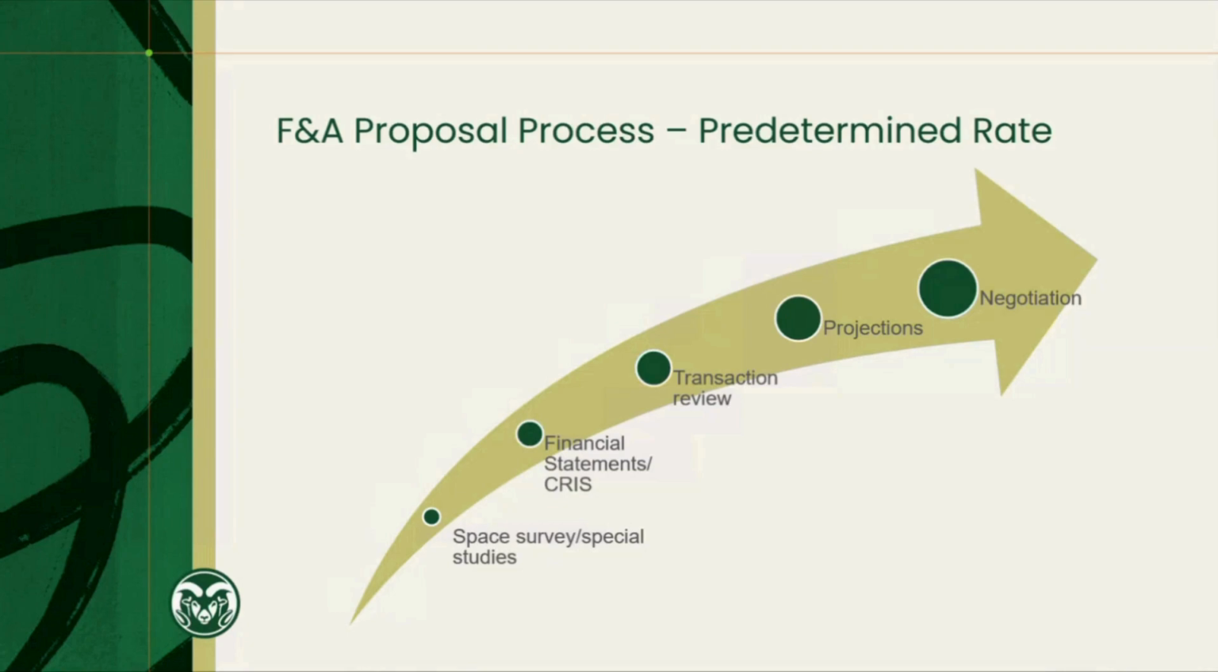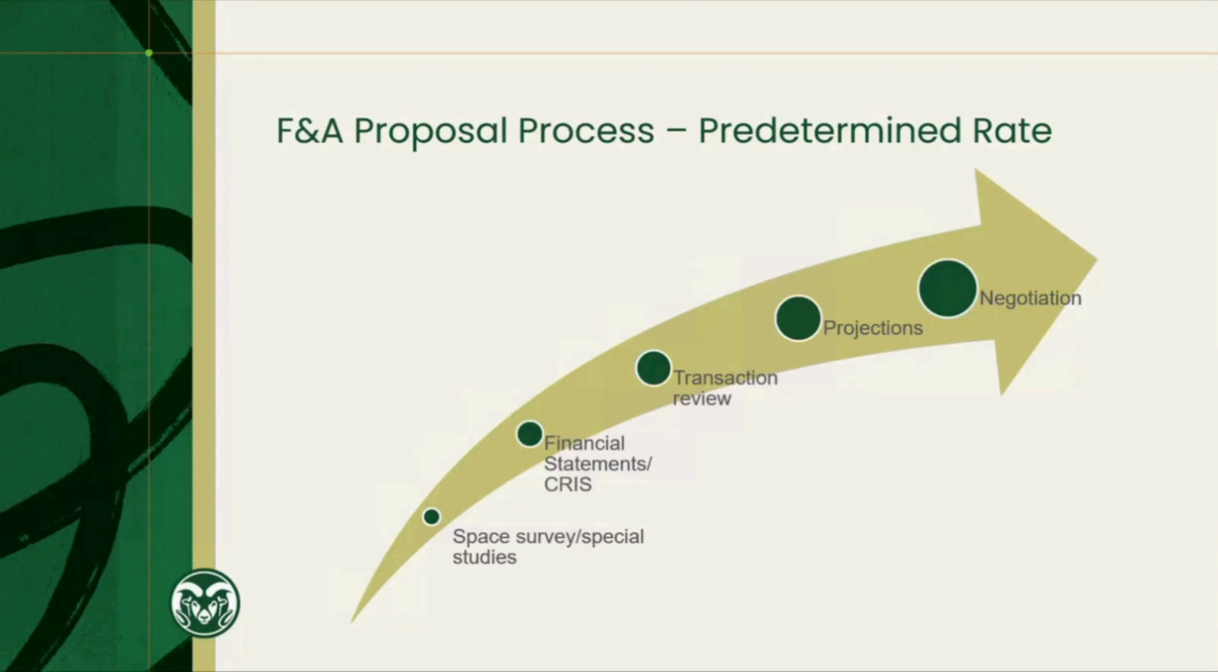And then we'll create some projections about buildings and things that will come online, big projects that will happen during the course of the next rate period. So we'll try to negotiate 3 or 4 years' worth of predetermined rates, and we'll try to get buildings that are going to come online included in that negotiation process. So we drop those projections in there, and then we negotiate,